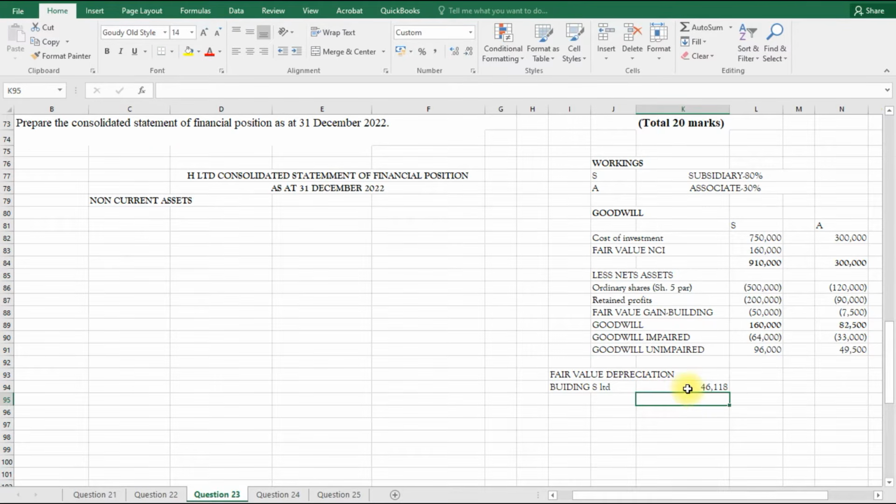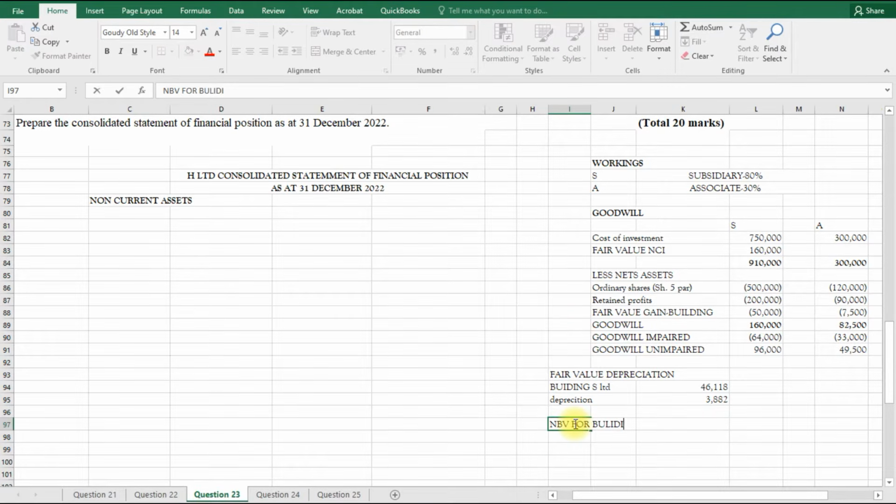So it had a net book value of 46,118. Therefore the depreciation will be 50,000, that was the initial cost, minus this value, so we have a depreciation of 3,882 as our depreciation on building of S. When you look at the net book value, NBV for building,